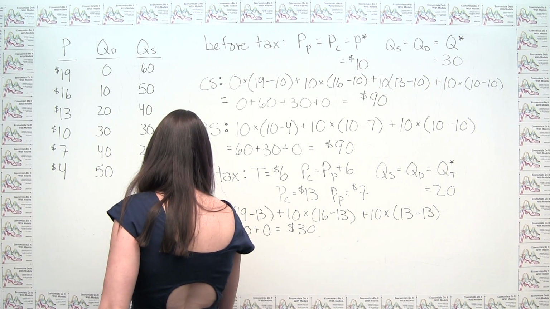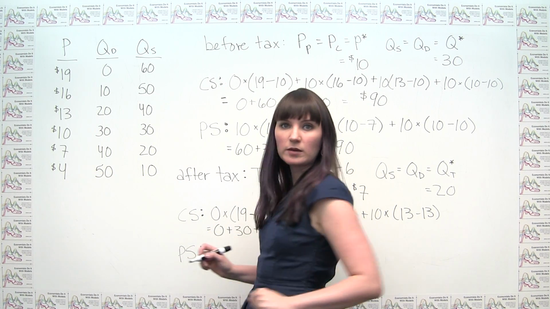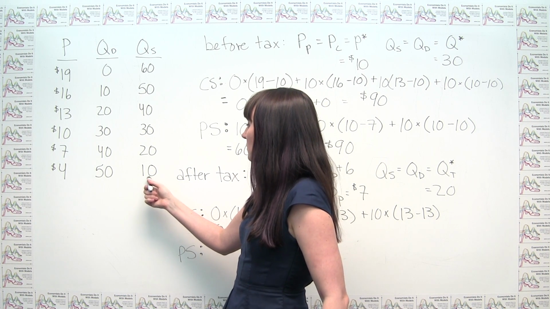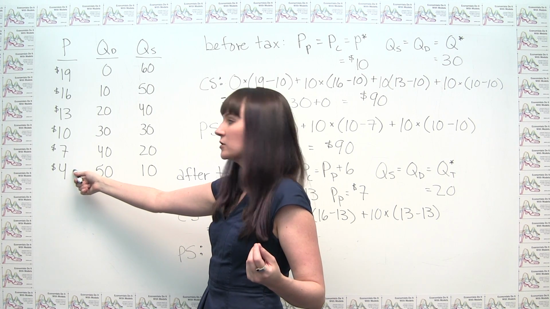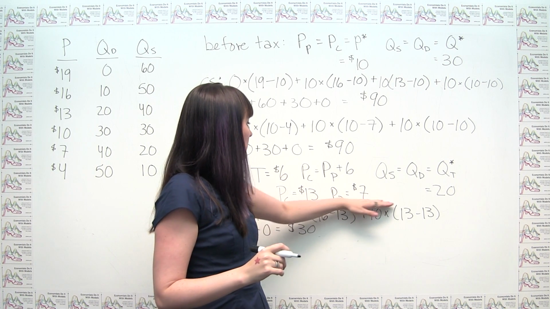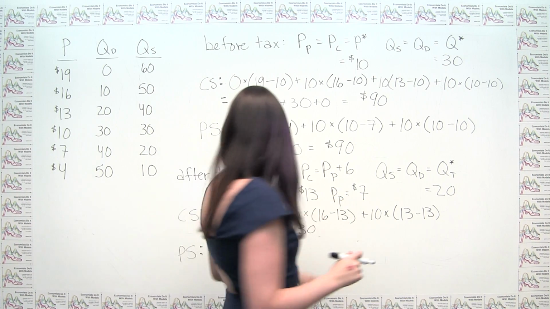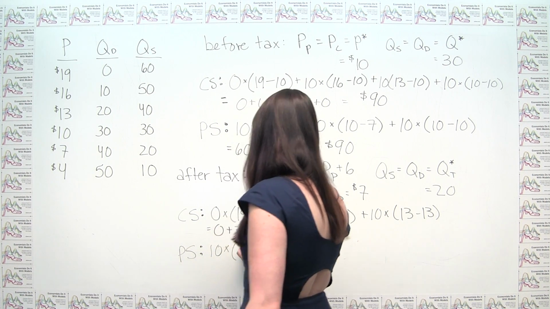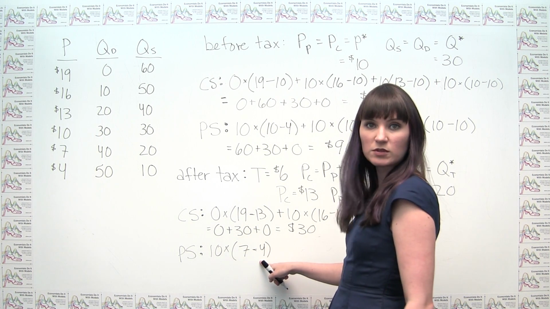We can say, all right, producer surplus. And again, this time we start at the bottom. And we said there were 10 units of supply that would have been sold at a price of $4, willingness to sell of $4. Let's compare that to the price that the producer actually received, which is $7. Say, well, that's going to be surplus of 10 units times the actual price, 7, minus that minimum willingness to sell, which was 4,